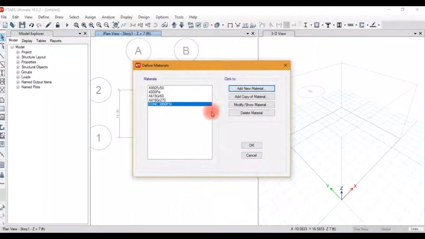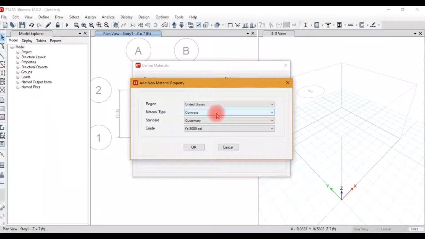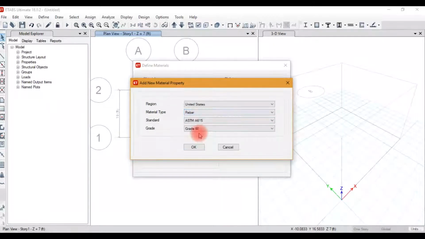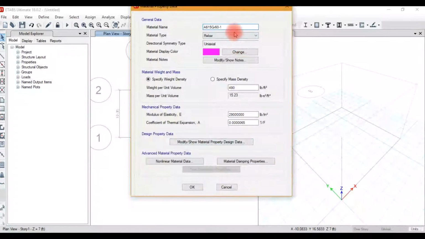Now we add another material. There is steel, concrete, aluminum code. We choose the rebar material, ASTM A615, Grade 60.